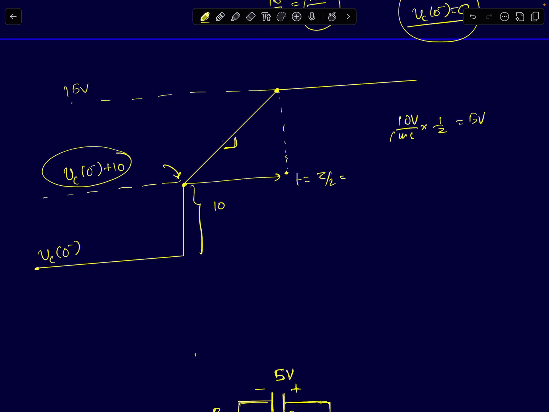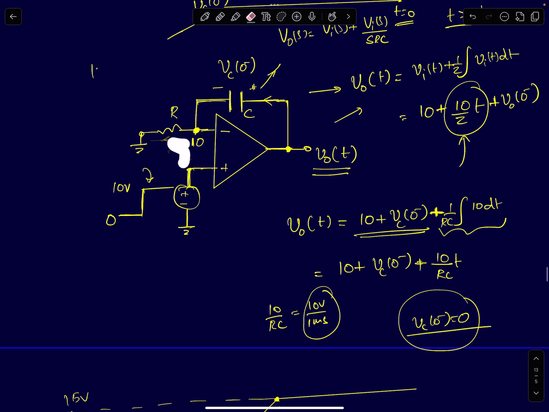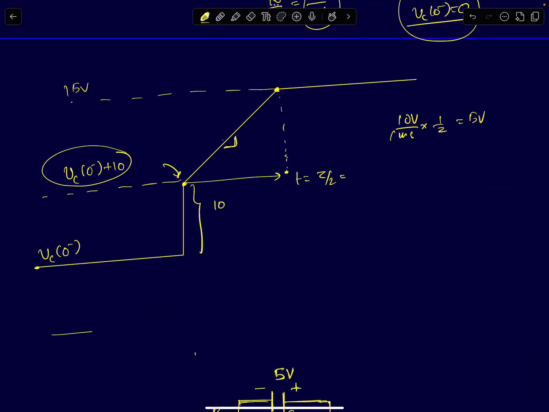If you see the capacitor current, it remains constant. Why is the capacitor current constant? Because the current flowing through the capacitor is exactly equal to the current flowing through the resistor, and the voltage across the resistor is fixed. That is 10 by R. R is 1 kilo ohm, so it's 10 milliampere. The current flowing through the capacitor was initially 0. There was a sudden step change and its value remains at 10 milliamperes for this entire duration